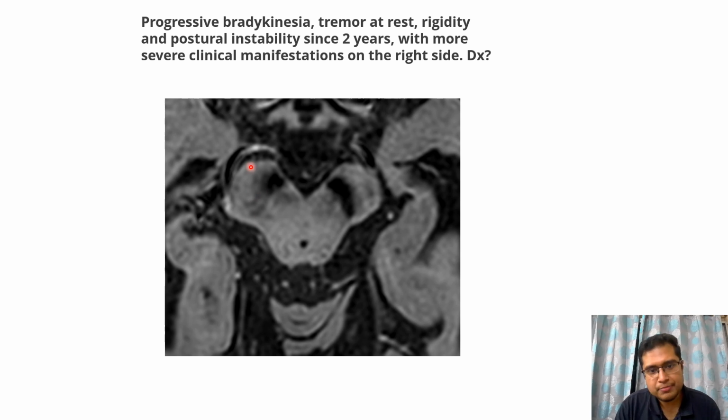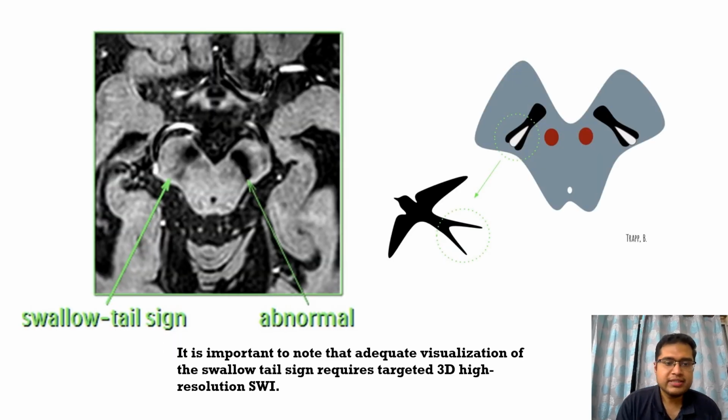So this tail is preserved here, though it is lost here. So this is normal and this is abnormal. This sign is called a swallow tail sign. This is a swallow bird which has a tail like this, which resembles this particular appearance of substantia nigra